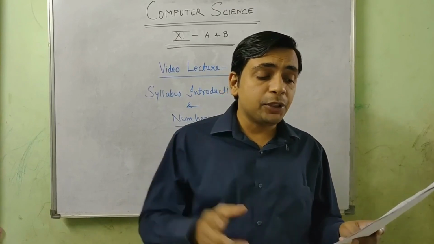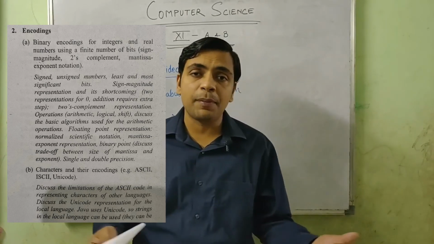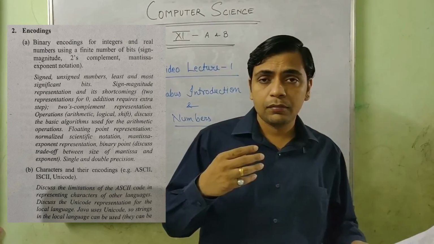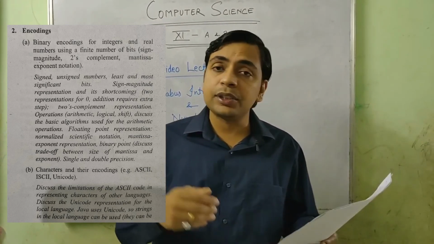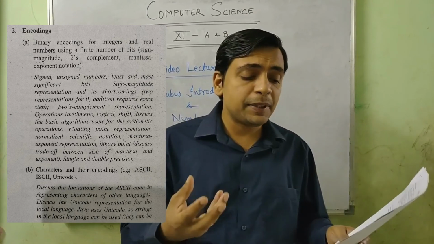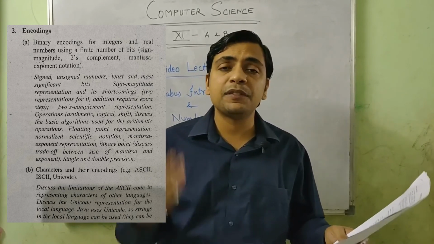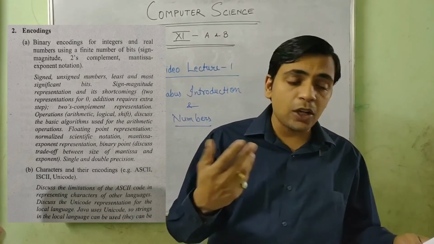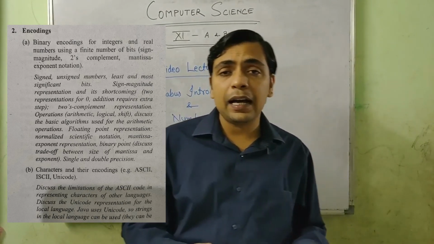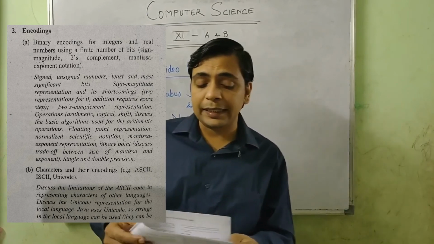We are going to study encodings in chapter 2. Encoding is a technique in which the normal characters or letters that we use are represented in a system in terms of binary numbers. There are different encoding techniques which we are going to study, like integer representation, sign magnitude representation, 2's complement representation for negative numbers, and floating point representation. We will also study encoding techniques like ASCII and ISCII, along with Unicode, which is Java's encoding technique. That would be part of your second chapter.